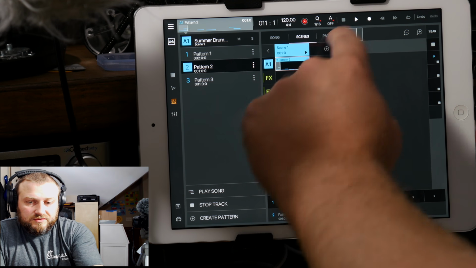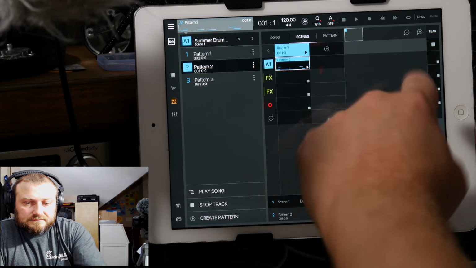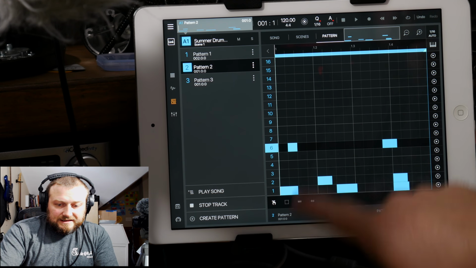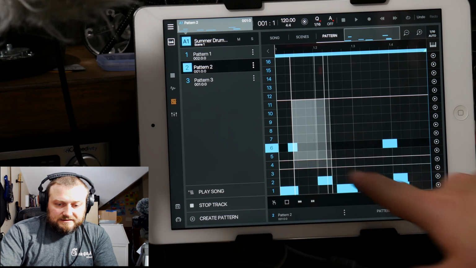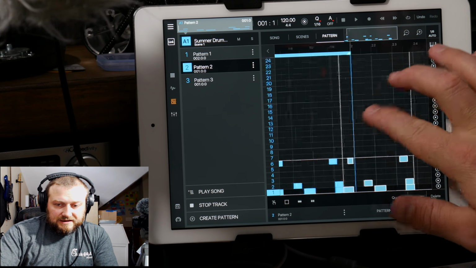And if I want to, say I like that pattern, but I want to make it longer, I can go in here and select, highlight everything and duplicate it, and then I change it to a 2-bar duration. Okay, so now